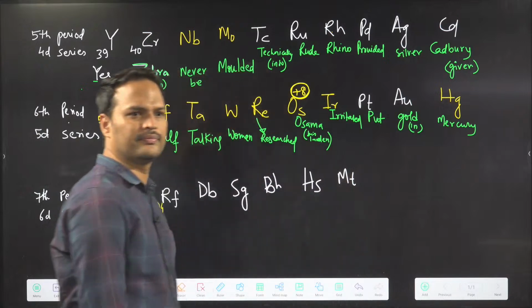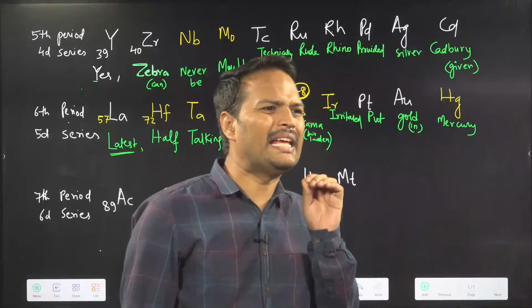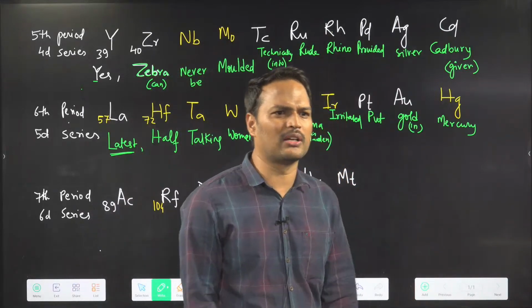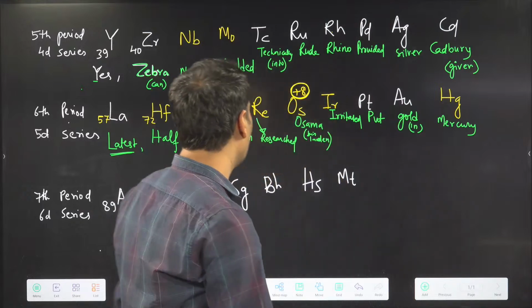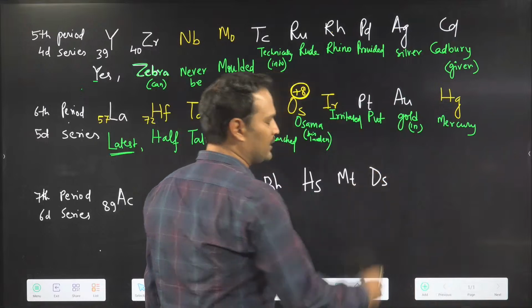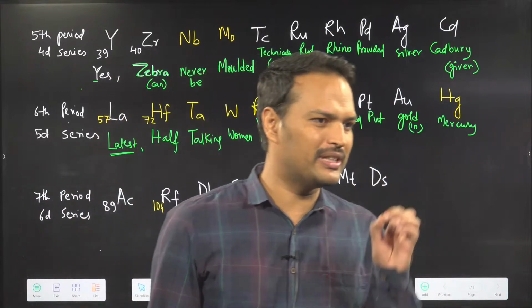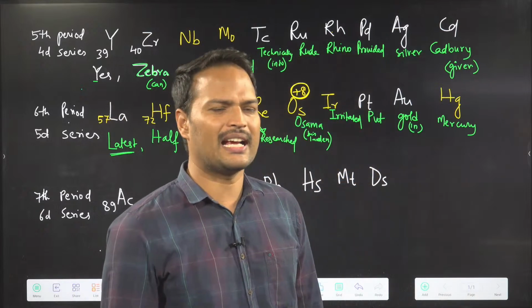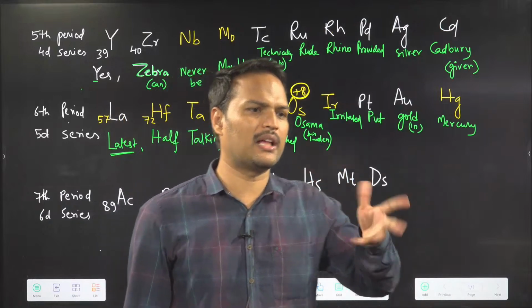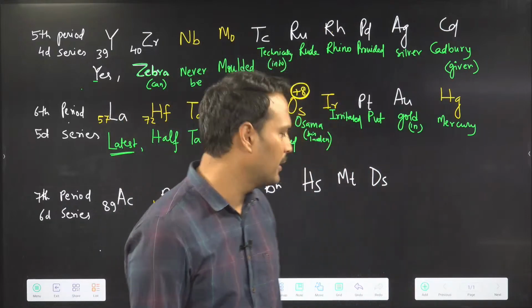Then Mt is there. Meitnerium, something like this word is there. Names are also a bit difficult to pronounce. And then there is the name of that element. We are saying Darmstadtium with an extra T. Exactly, we will not call it a stadium, but we can remember it like that. Darmstadtium. After D there is a T.